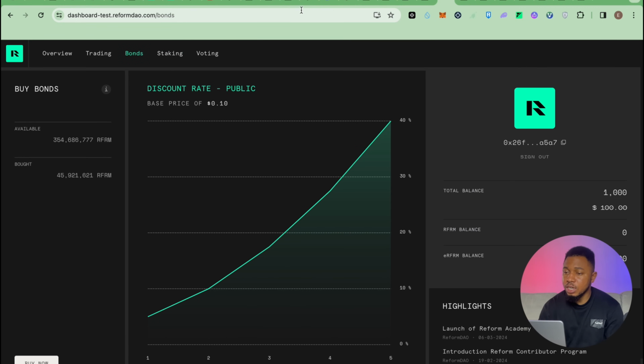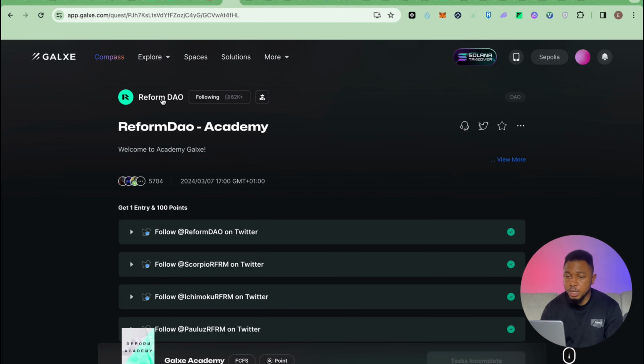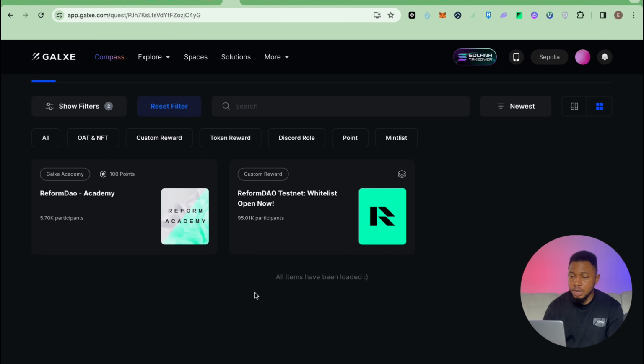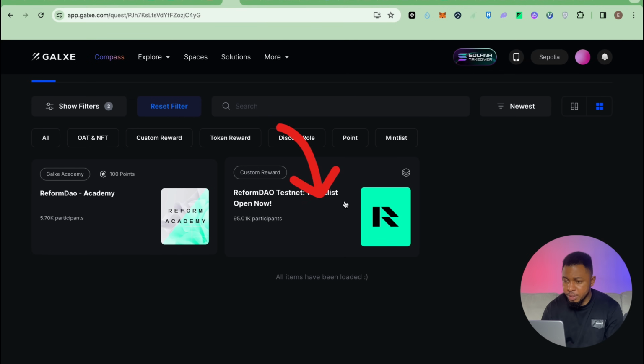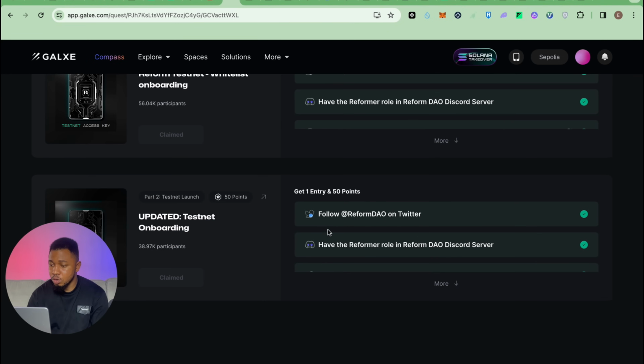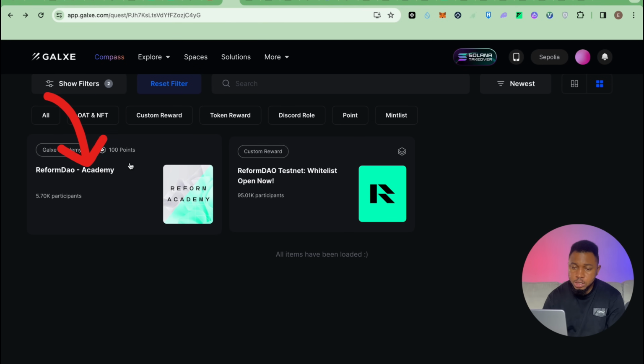The final thing you can do is go back to the Galaxy tasks. So we are done with this particular one. You can come here and click on REFORM DAO. And you can see that we've completed this one for whitelist. When you click on it, you can see it is done. All of the tasks, you can see it is claimed. I can go back, and there's one more left, which is this REFORM DAO